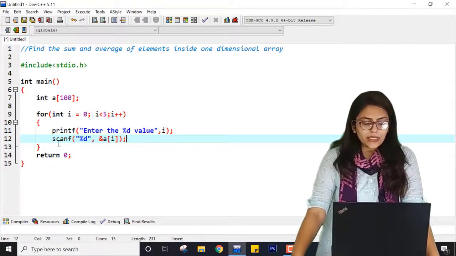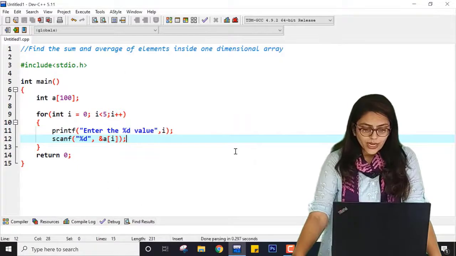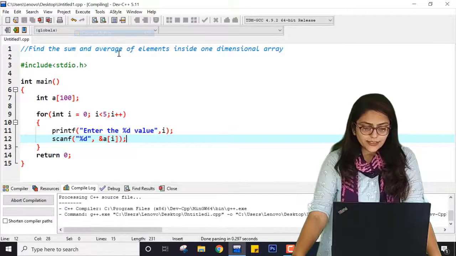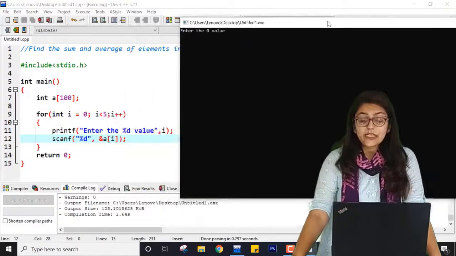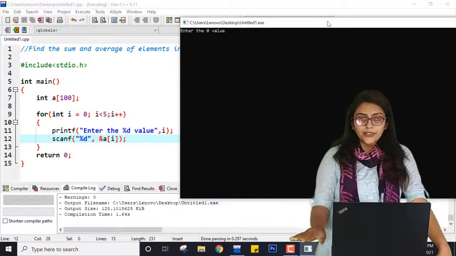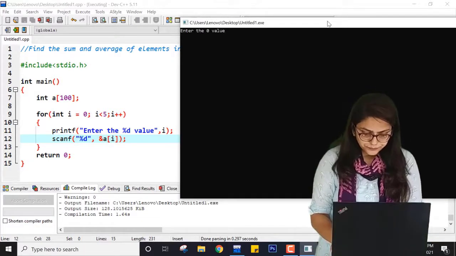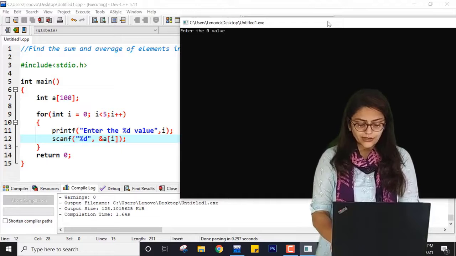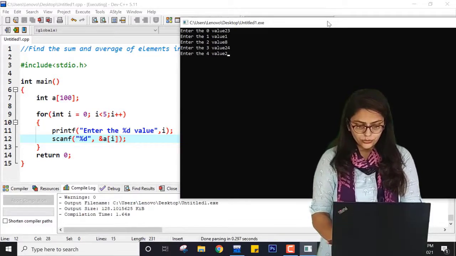It will not give me the sum, but let me just run this program first. If I compile it and execute it, let me see if I am able to enter 5 numbers or not. Right now it will not print anything or find any sum. So first I am entering values: 23, then 1, then 8, then 24, then 2.